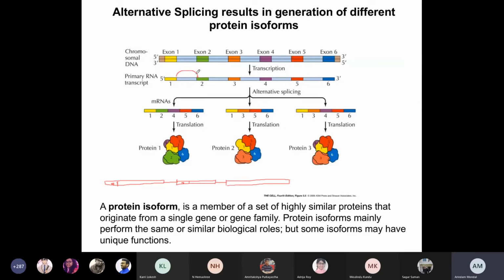But if you don't do it in that way, say for example, you want to produce a protein from an mRNA which will have exon 1 and 3. That means the polymerase has to read the exon 1, then skip the entire part, and then go over there to read the exon 3. That means it has to skip the exon 2. That means the polymerase has to jump from here to here. That could lead to an erroneous transcription process.